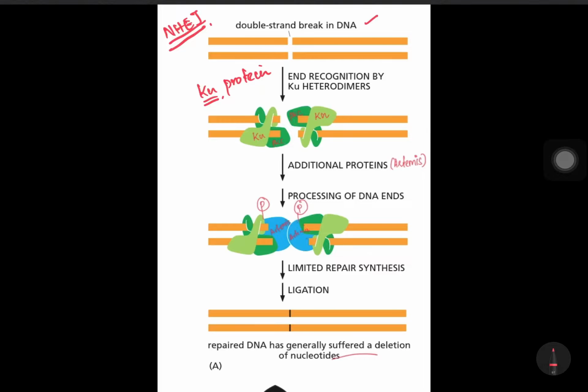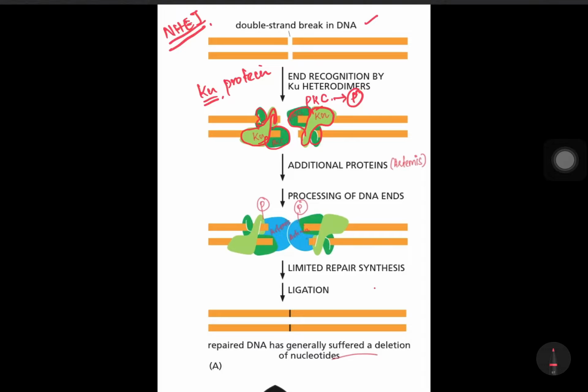So what is this protein doing? Consider this light green as our protein. This protein will come and bind to that damaged site. Once it is bound, protein kinase C will bind to this protein. Once protein kinase C is attached, it can be active only in a phosphorylated condition. So if your protein kinase is phosphorylated, it will be active.